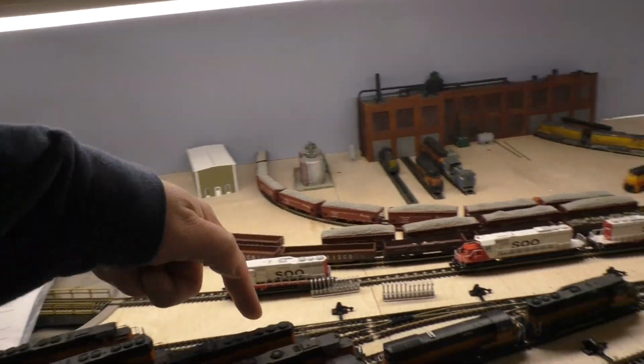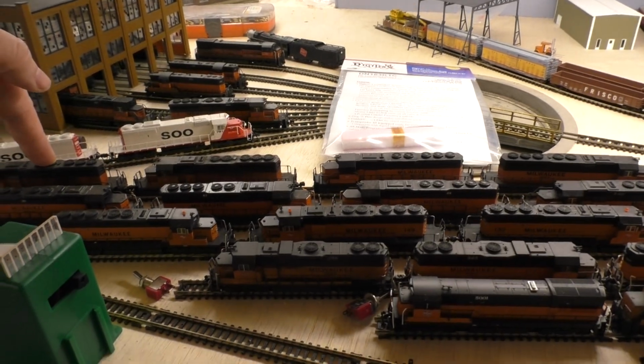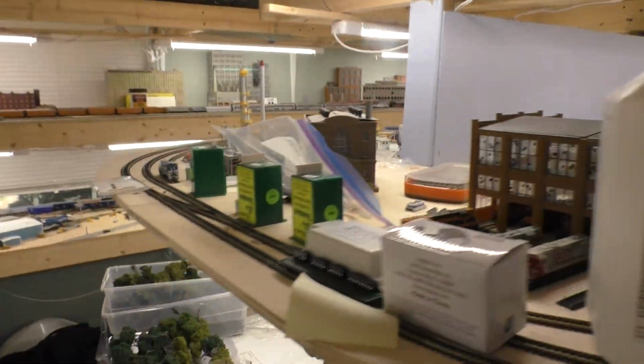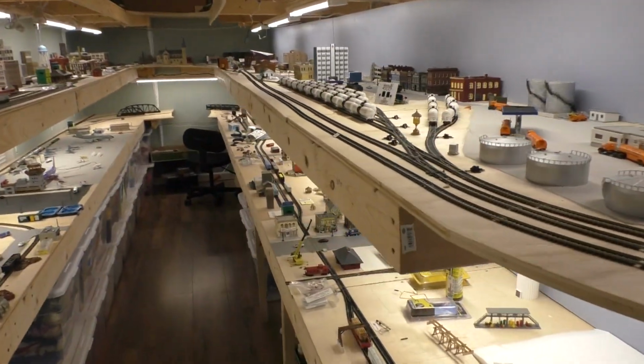I did add another track right here, so I could add 4 more Milwaukee Road engines. As you can see, another decoder for one of the engines over there. Coming down over on this side,